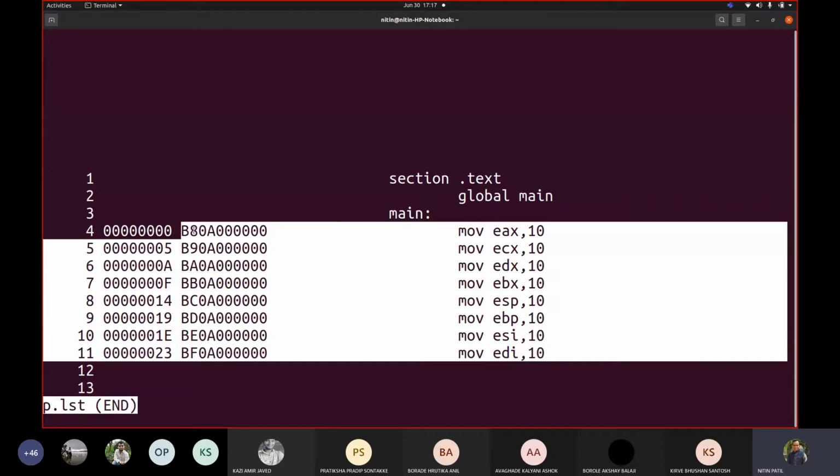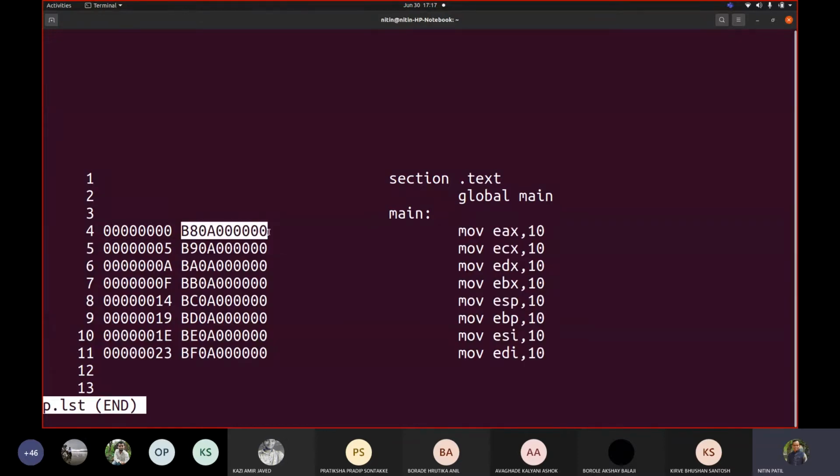Now, suppose the address of the first instruction starts at 0. We need to compute the size of this. What would be the size of it? At max, how much can it go? If it is a memory address, it is 4 bytes because we are talking about a 32-bit operation, a 32-bit instruction. So the address size would always be 4.